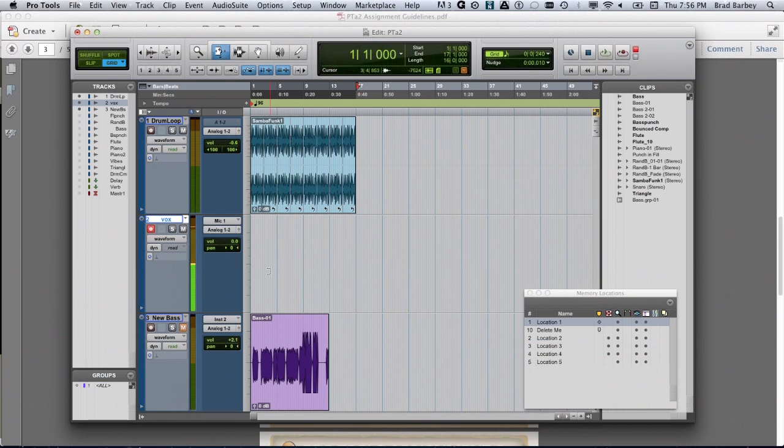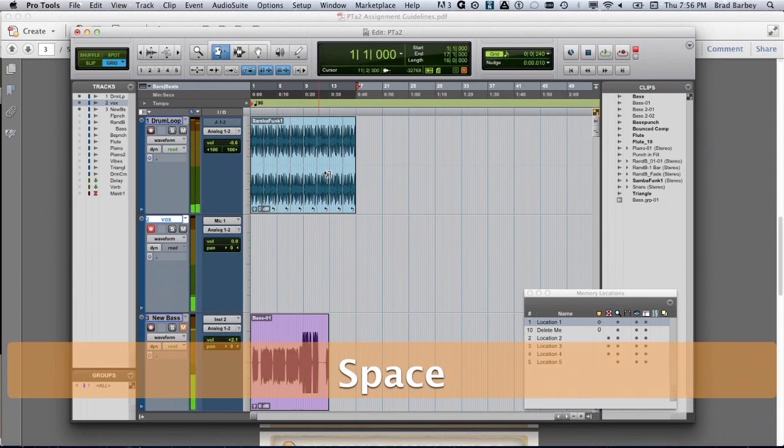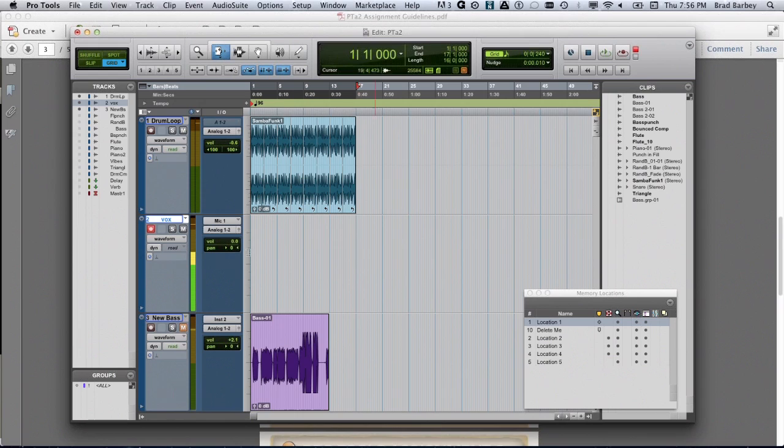So what auto input monitoring allows to happen is that while Pro Tools is at a standstill, you can hear the voice coming through totally fine. And then if Pro Tools is playing back, look what's happening. Pro Tools is playing back, but you don't see my vocal being registered in the meter. That's because what Pro Tools is doing is while Pro Tools is playing back, it's thinking that it should be playing back some type of audio off the drive. So if there were already clips in here,